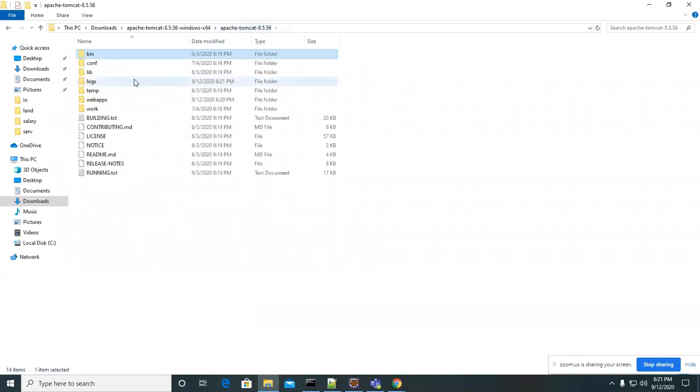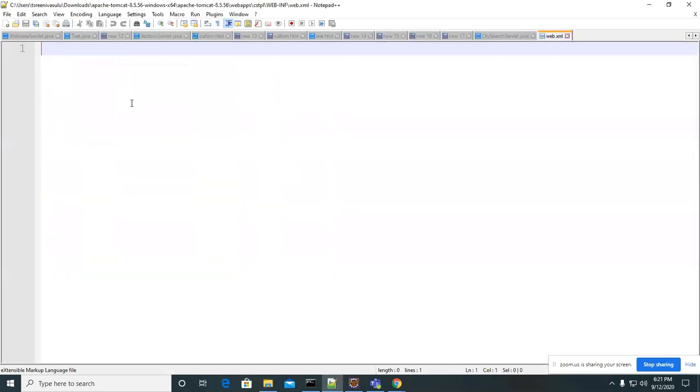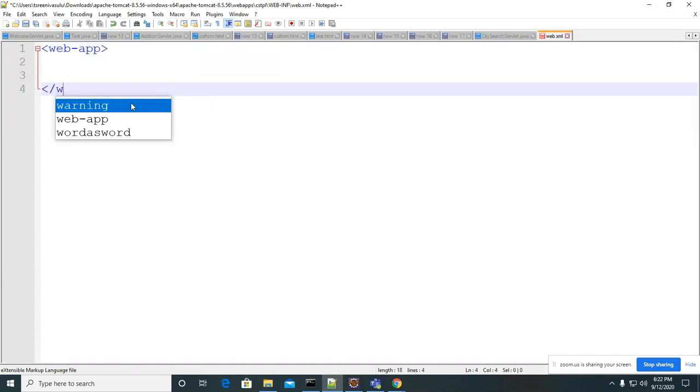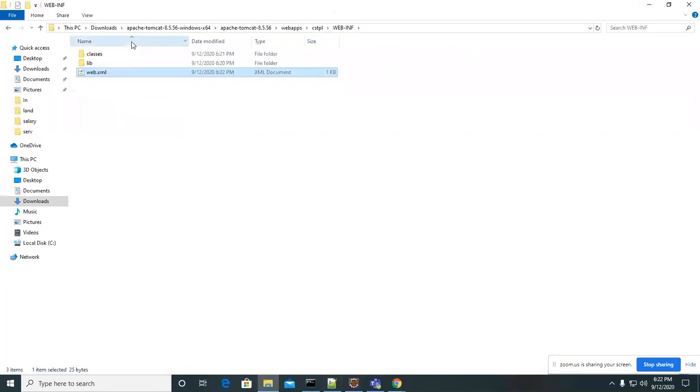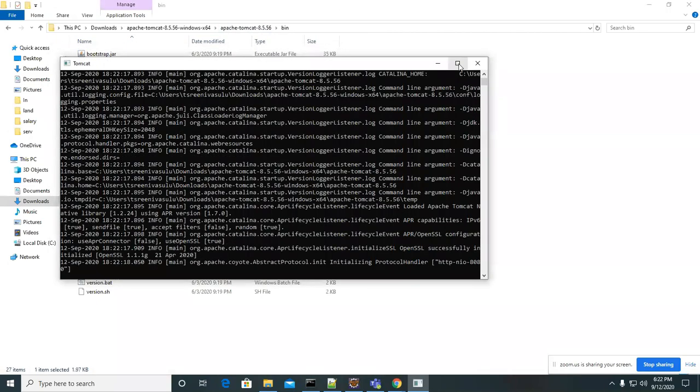In that web.xml, we should have at least one main tag. Otherwise, it will not be recognized as a web.xml. What is that tag? The root tag, web-app. Now I added it. Now let's go and start that server. So what we did, we just created an empty class by extending HttpServlet, compiled it, and deployed it in the server.